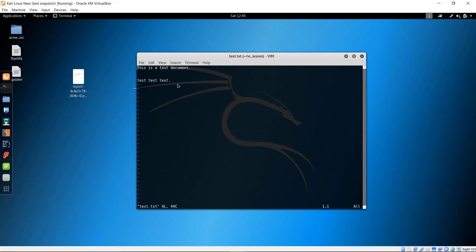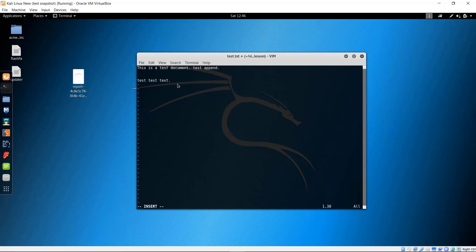So let's go ahead and show some appending. So if you wanted to append some text to a line or to the document itself, there's two ways of doing it. Again, you can hit the I for insert, and I'll show you how to do that here. So we arrow all the way down to the end because we want to insert it after the line, after the sentence, "This is a test document." And you can type in insert, and now you can do spaces, and you can type in test append,